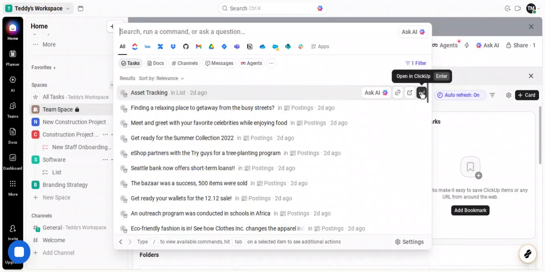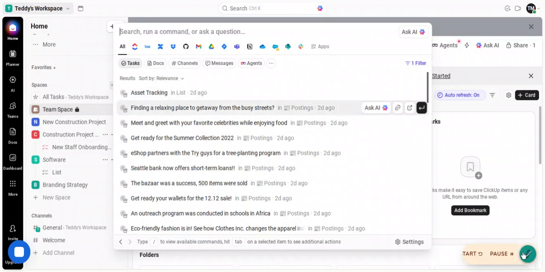Clicking any result opens it, letting you review details like descriptions, checklists, attachments, comments, and activity history. All of that context remains intact, even though the task is no longer in your active pipeline. This is especially